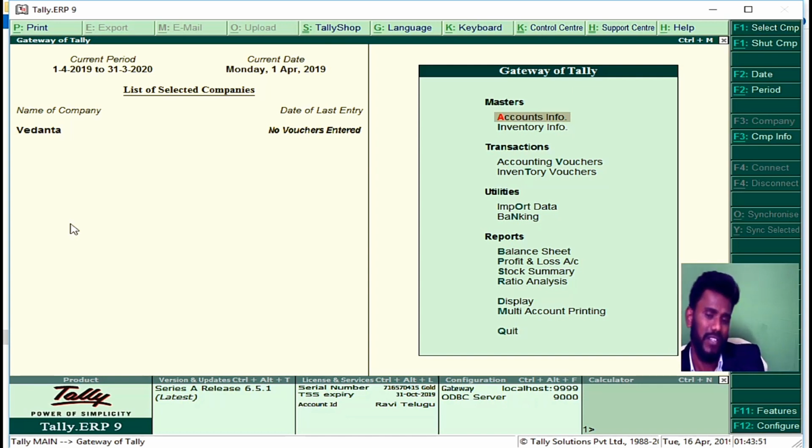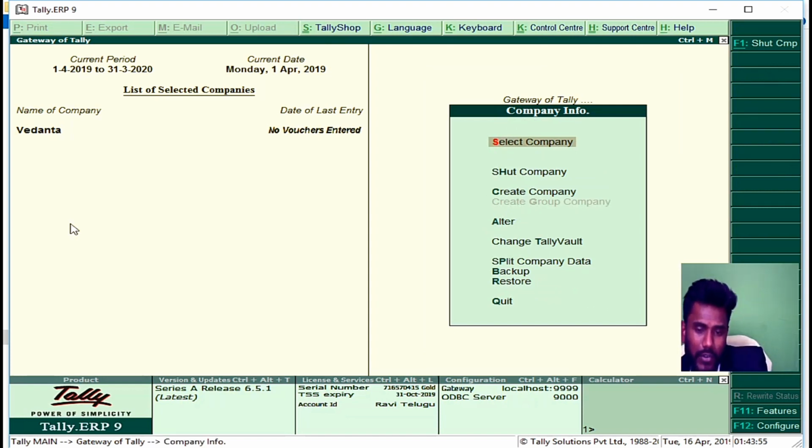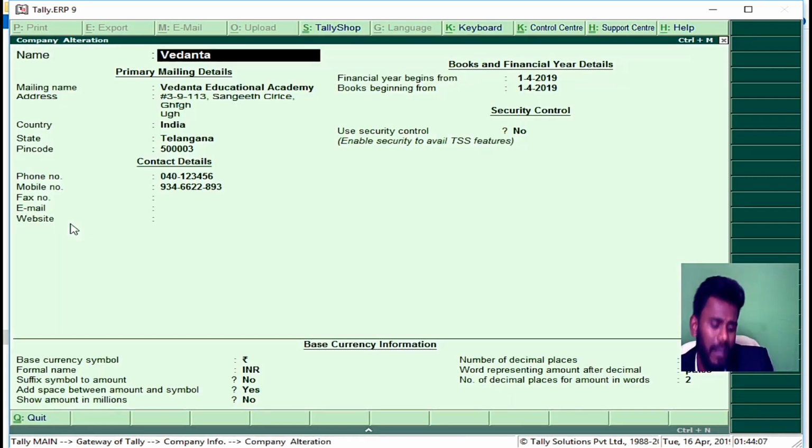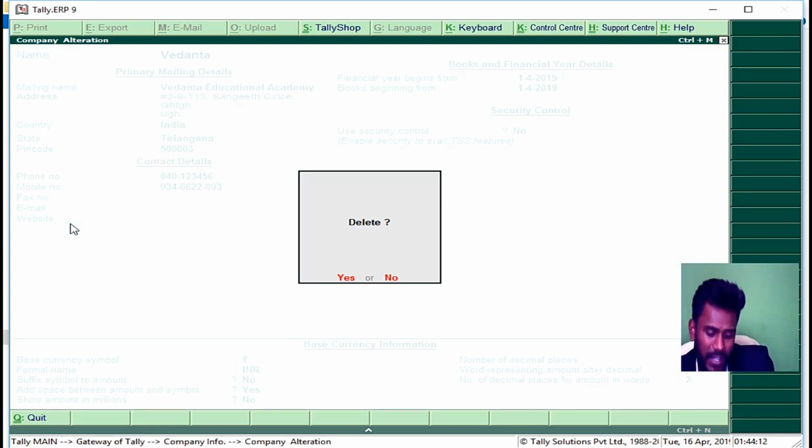To see that, you just press Alt F3 and go to alter and select the company, and here you can press Alt plus D to delete the company. Yes, any person can delete your company without your prior permission. So it means there is no security for this company. Next, I'll show you how to create a secured company in Tally application.